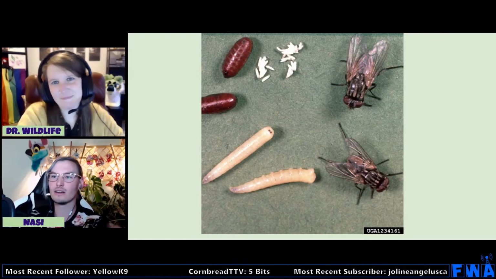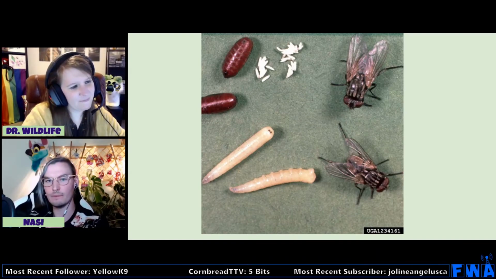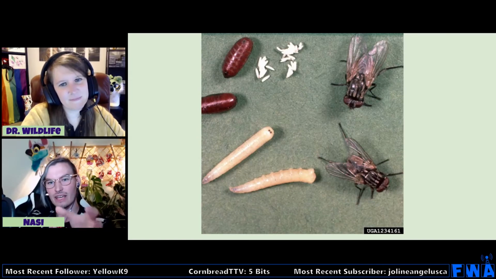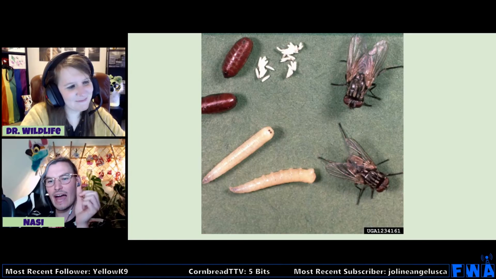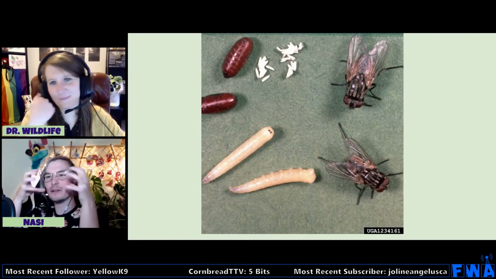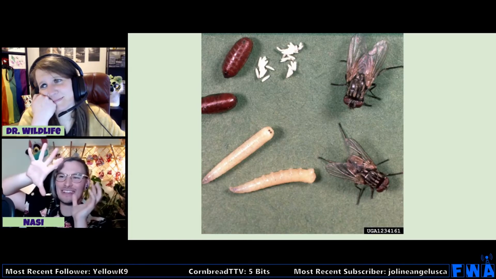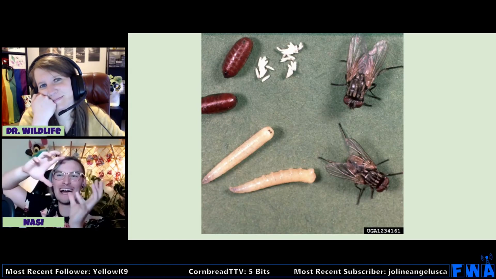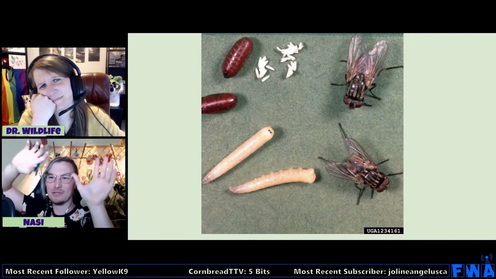The pupae is like a cocoon, like a caterpillar turning into a butterfly. Flies, in order to get out of their pupal case, have evolved to open up their head and expand the inside of their head, their inside flesh, into a balloon that pushes open the pupal case.